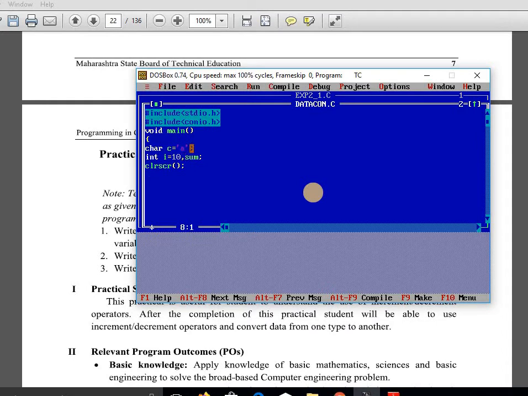Okay, 97, when we are going to add sum equals i plus c. So see here, c is a character and i is an integer. Now we are going to add these two different data types. Then what is the value of sum? So sum equals %d, here sum.